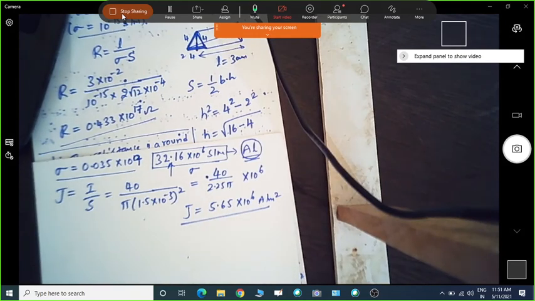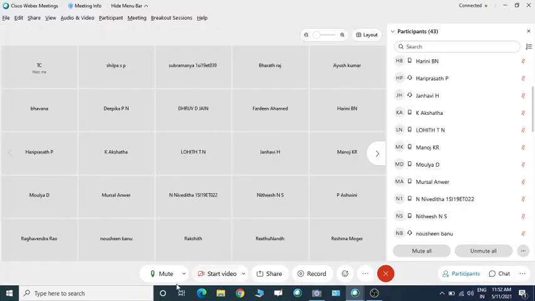So this is about some of the problems. We will stop here and continue in the next concept. You can still go through some of the other problems, and also collect the examination papers. If you find any problem which is not done, you can send it to me. I will solve it in the class, or I will solve it and send it to you. Okay, we'll stop here and continue in the next class. Wait for a minute.